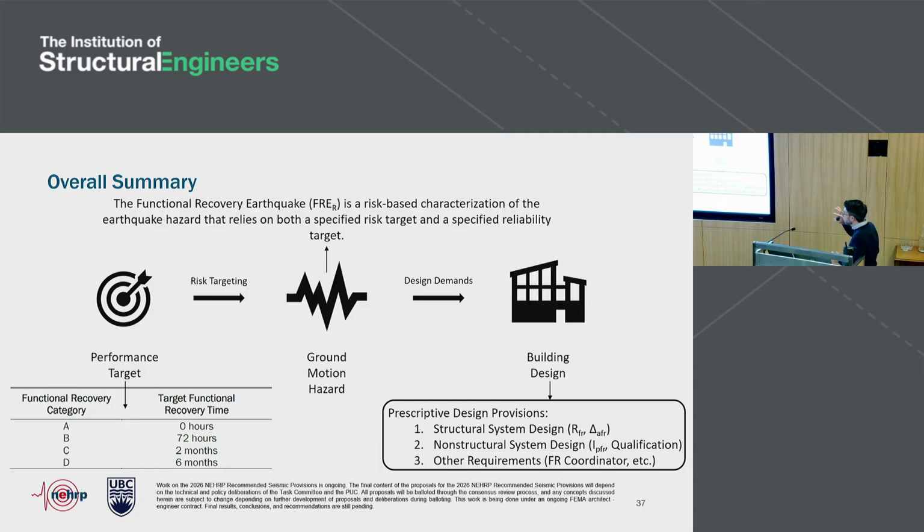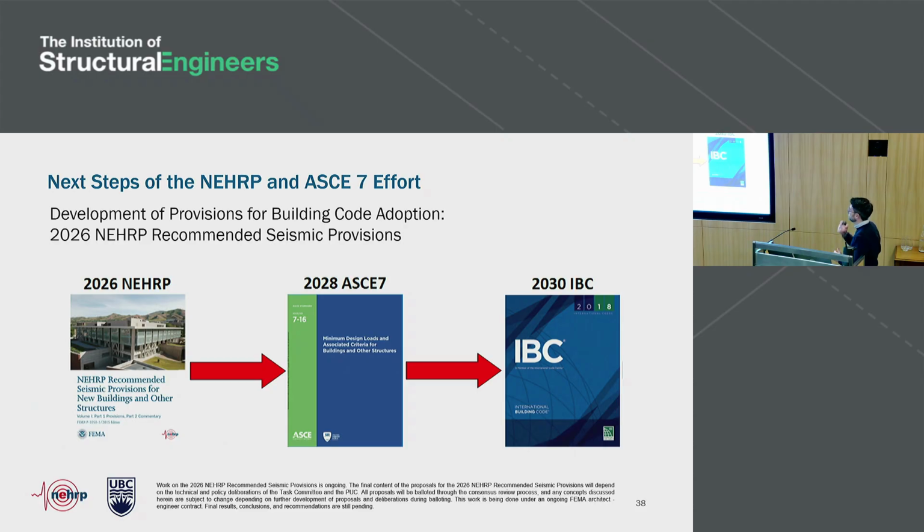So in a nutshell, this is a high-level summary of what you'll find in this new functional recovery chapter in the provisions when they're released. So where are we? We're in the final stages of this chapter for the 2026 NEHRP provisions. It actually will be published as Appendix A of NEHRP. I mentioned that the NEHRP recommended provisions essentially introduce novel elements of seismic design that are picked up by ASCE 7. So even though this process is not yet final,